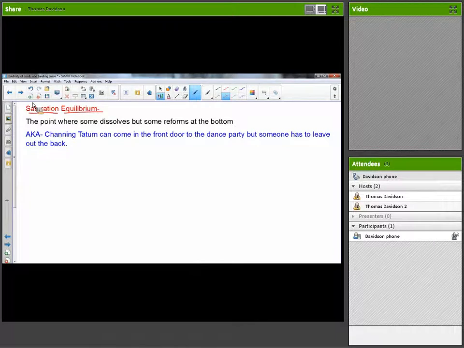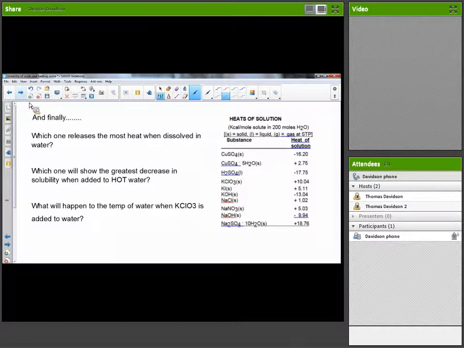It's an easy question. It's just that you read the saturation equilibrium and you already checked out of reading that question. You're like, I'm done. Okay, and finally,